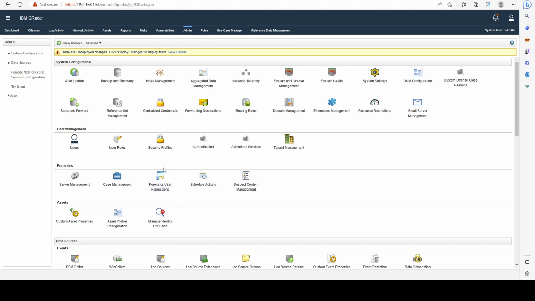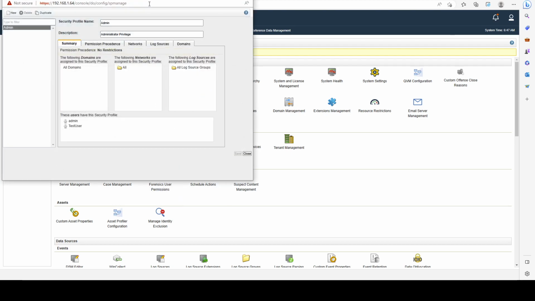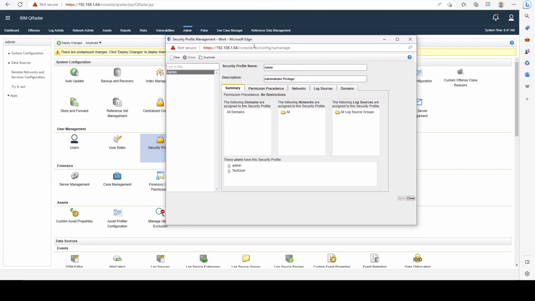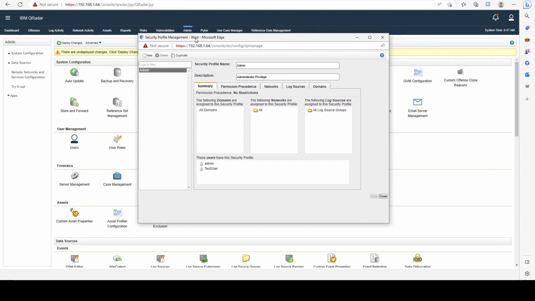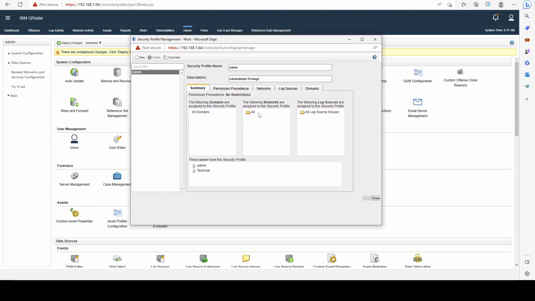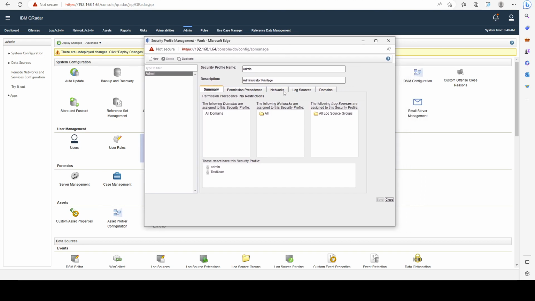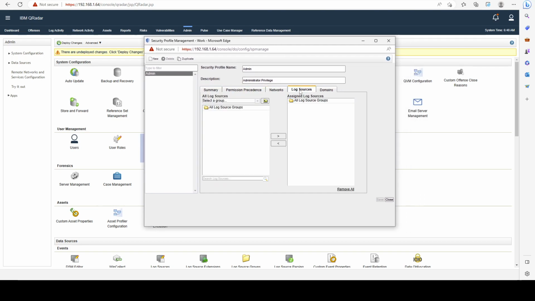In this lesson I'm going to show you how we can work with security profiles and what they are. Like we've seen in the previous video, user roles allow us to limit user interface permissions for users, but security profiles allow us to limit access to networks, log sources, and domains, right? So